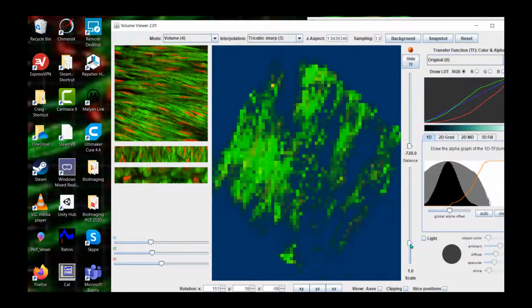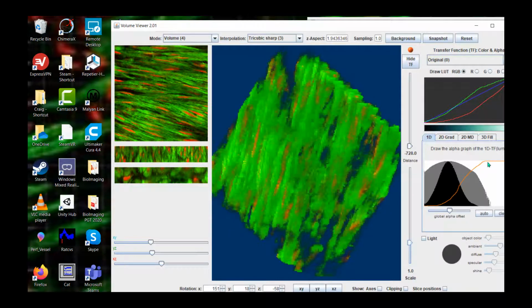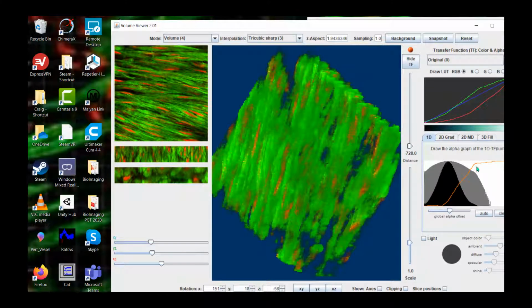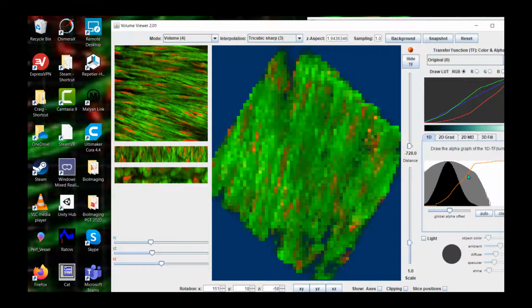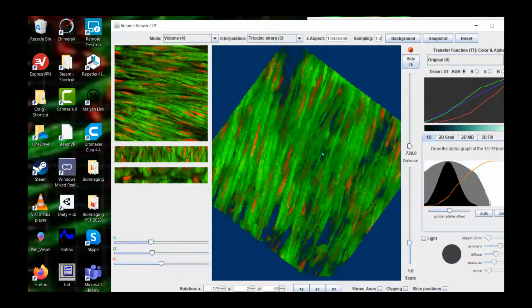Let me just zoom that out a little bit. Now, you can spend quite a long time just getting the shape of this curve just right. And if you had two specific intensities within the volume, you might want to have little peaks. But you can spend a bit of time drawing this opacity curve. And I would spend some time in Volume Viewer shaving this ever so slightly and maybe just playing a little bit here with the intensities.